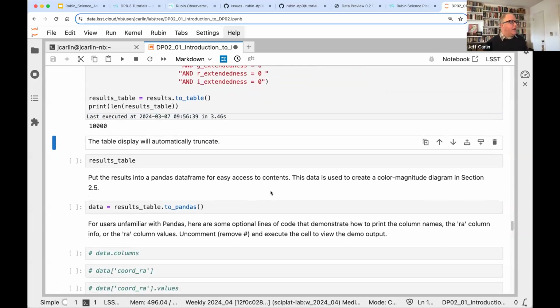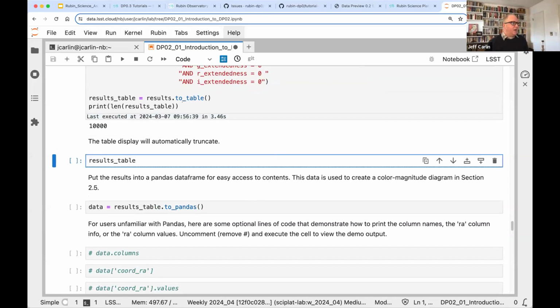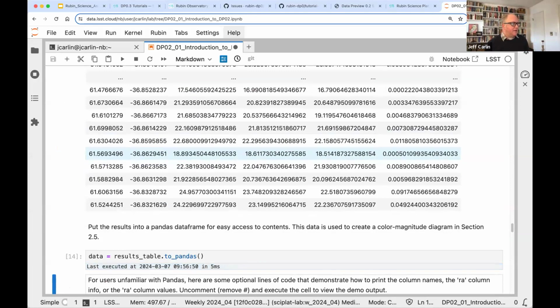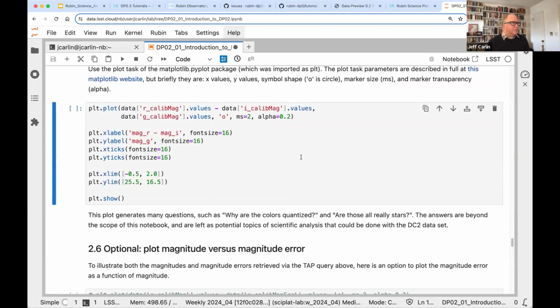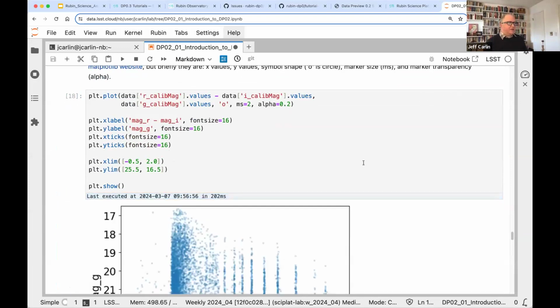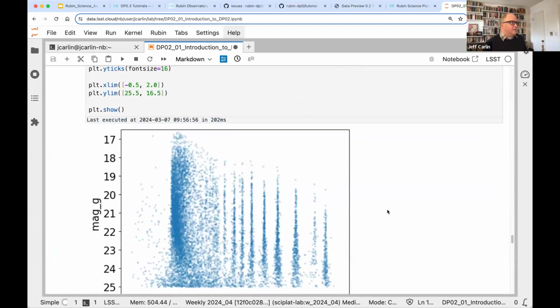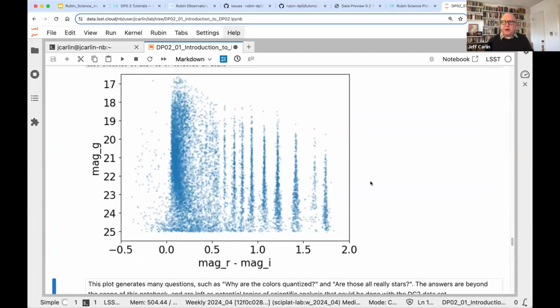To show you then, so you're in the notebook aspect, you are executing Python commands in these cells. So you can make plots, you can do analyses, like so. For example, here's a color magnitude diagram of those 10,000 objects that we selected.